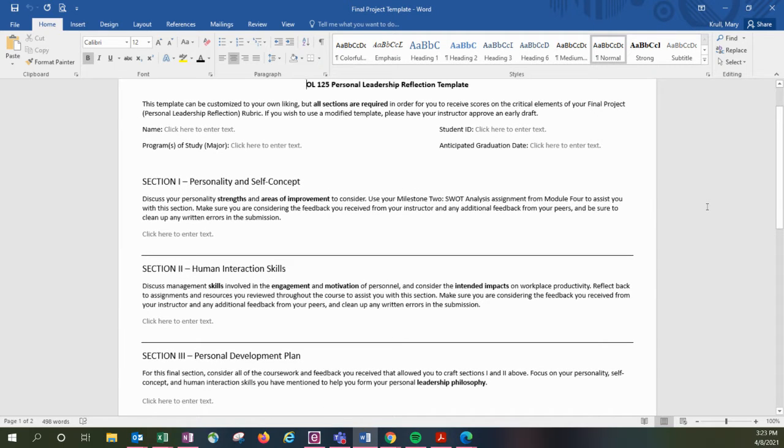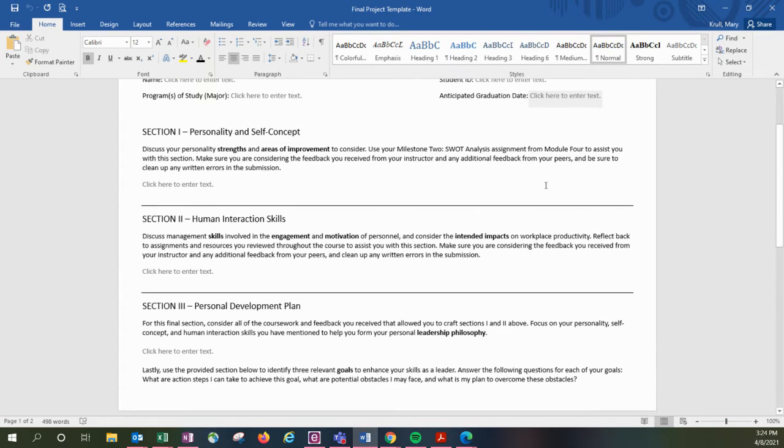And the way you're going to set this up first is by putting in your name, your major, student ID number, and your anticipated graduation date. If you're not sure what your anticipated graduation date is, you can either connect with your academic advisor or pull up your program evaluation in your student portal. Take a look at what you still have left, dividing it by how many courses you typically take per term, and you'll be able to give yourself that expected graduation date more or less.